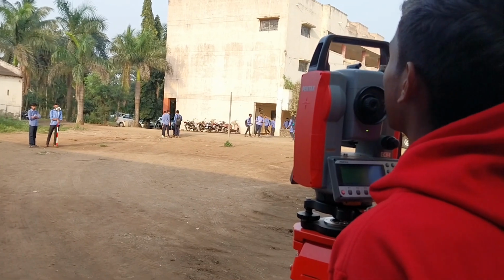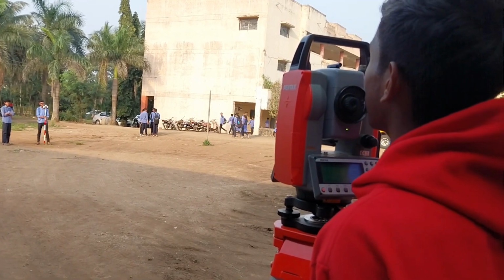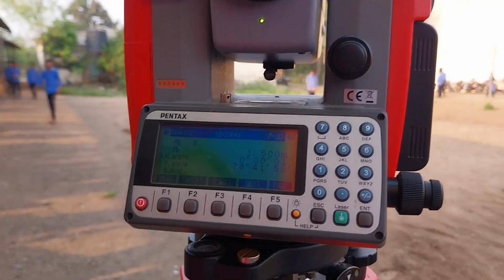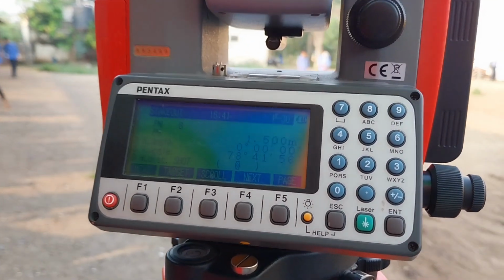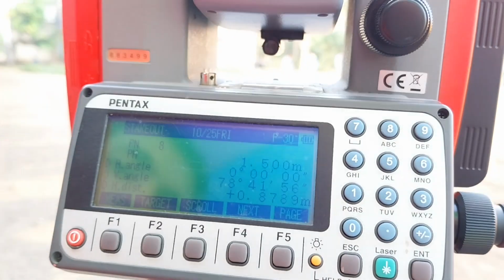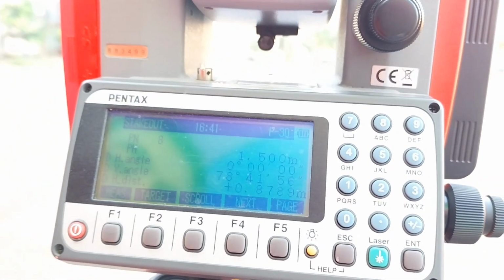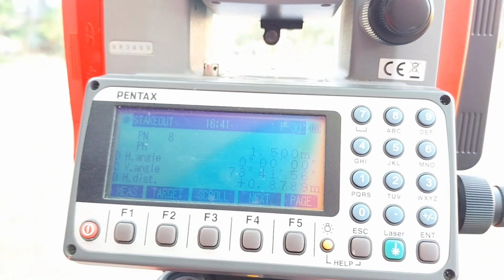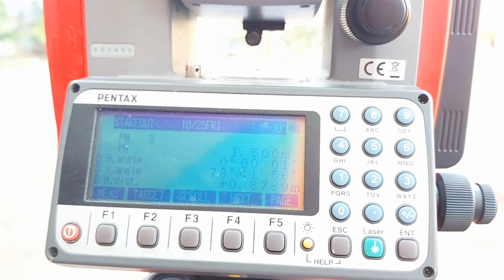Instruct the prism man again. 87 centimeter forward.